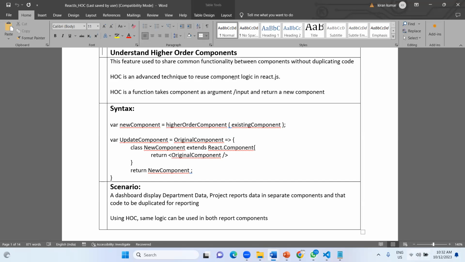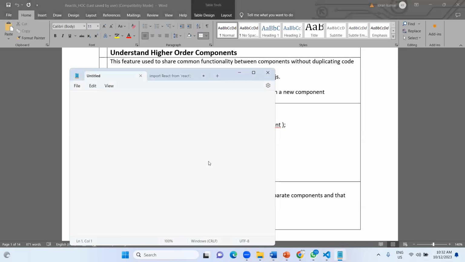For example, let's say, I repeat, sometimes more than one component may have the same code to be written. Now, what a HOC, higher order component, will do is reuse the same code for multiple